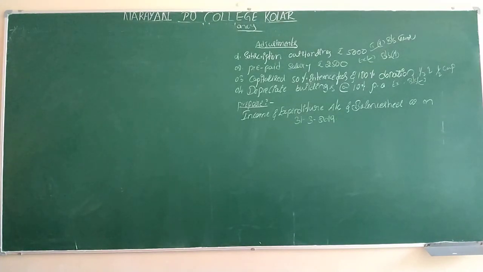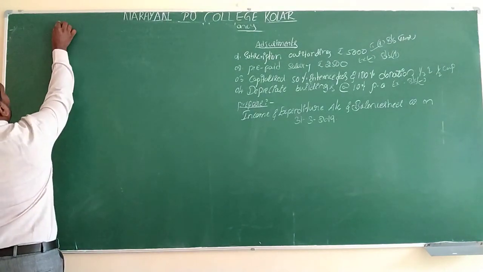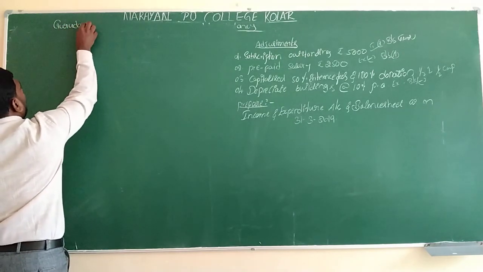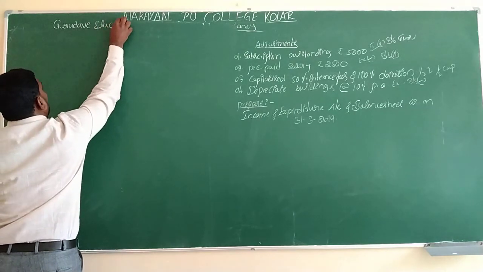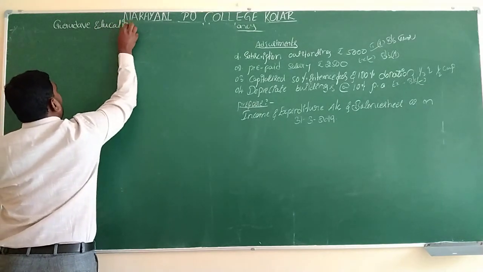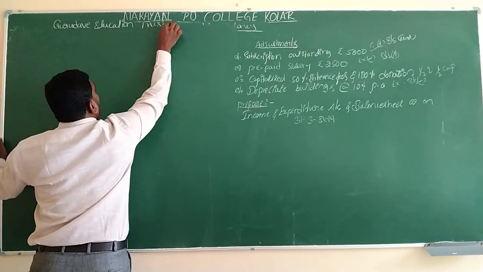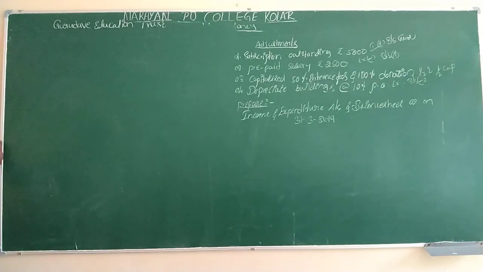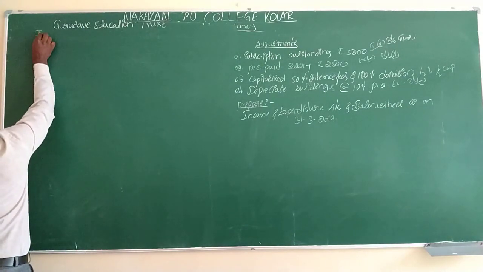First, we should write the heading, the name of the NPO, Gurudev Education Trust. Under that, we have to write income